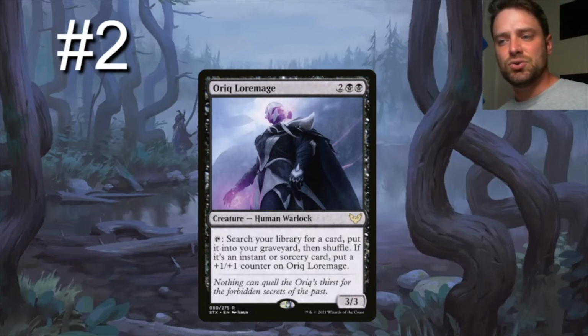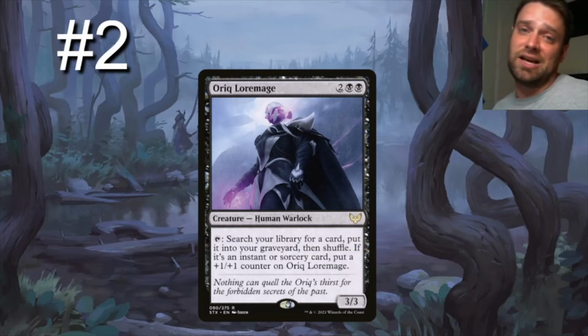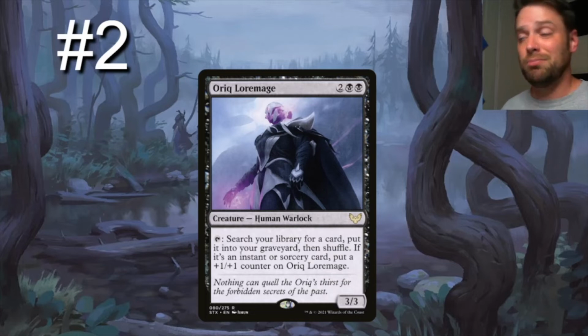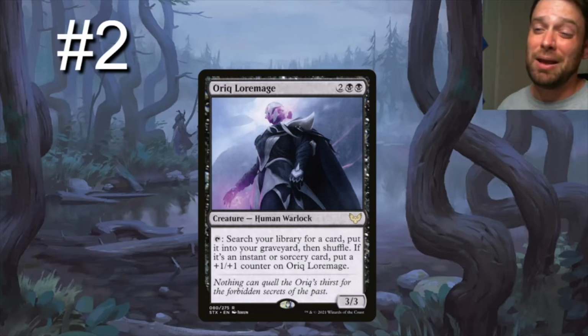If it's an instant or sorcery card, put a +1/+1 counter on Oracle Loremage. We don't care about that. We can go get something with flashback if we wanted to. But what we really care about is going and getting creatures from our library and putting them in my graveyard. So now I can trigger Sefris, Venture Mechanic, on my opponent's turn,